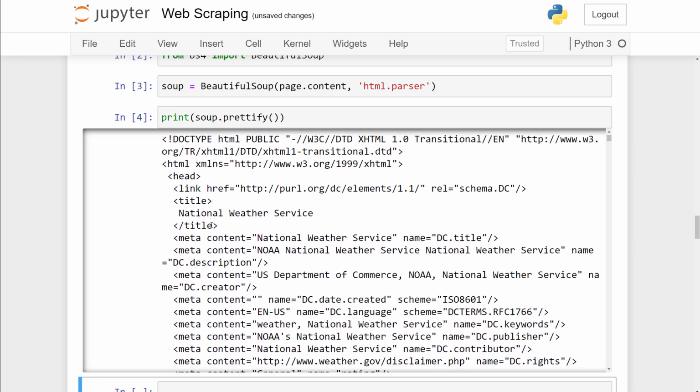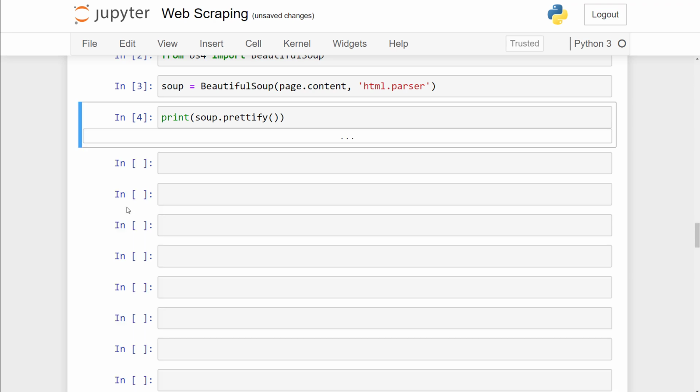Now, as we've seen, all the tags are nested at a certain level, depending on the tag in question. So we can move through the structure one level at a time. In order to do this, we can first select all the elements at the top level of the page using the children property of soup. Now remember, a child tag is a tag that is nested in a parent tag. So if I run